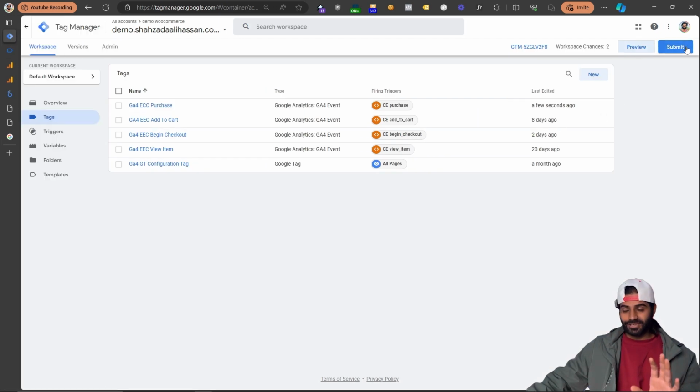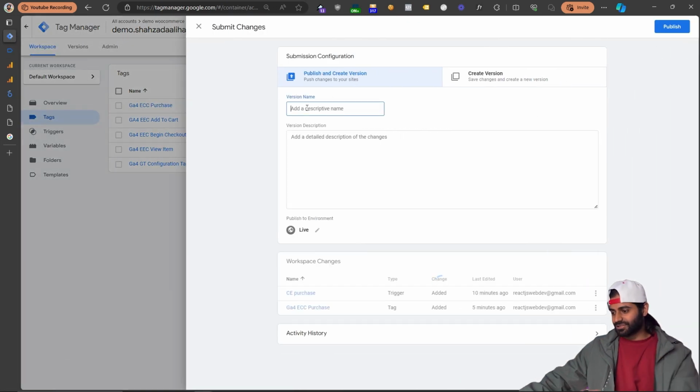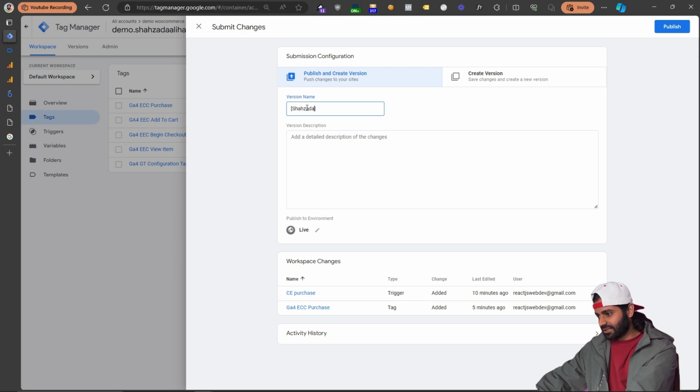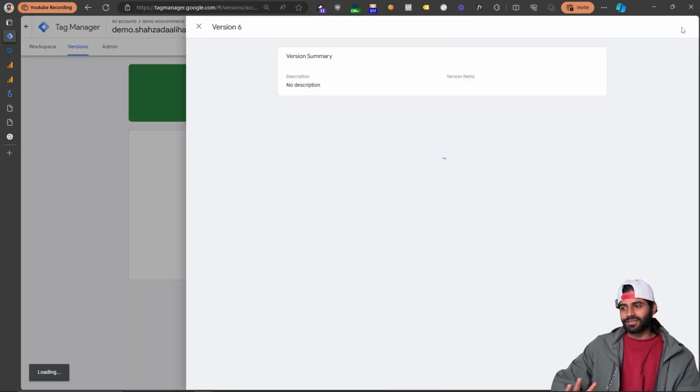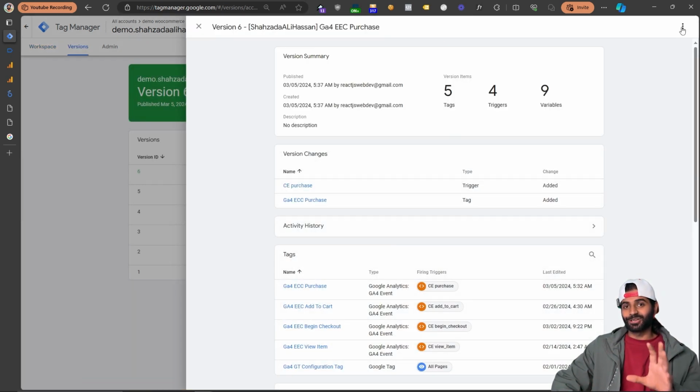But since we have configured everything, we just need to make sure that we can publish these changes. So let's just quickly do that. Let's rename this container to GA4 EEC purchase and hit publish. Doing this, it will make sure that all of the changes that we have made are not in the draft mode, because this is one of the mistakes I see with a lot of